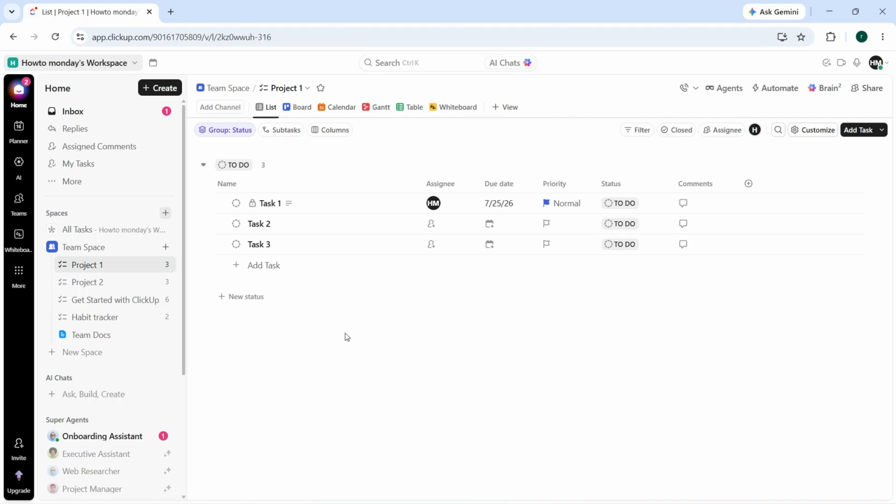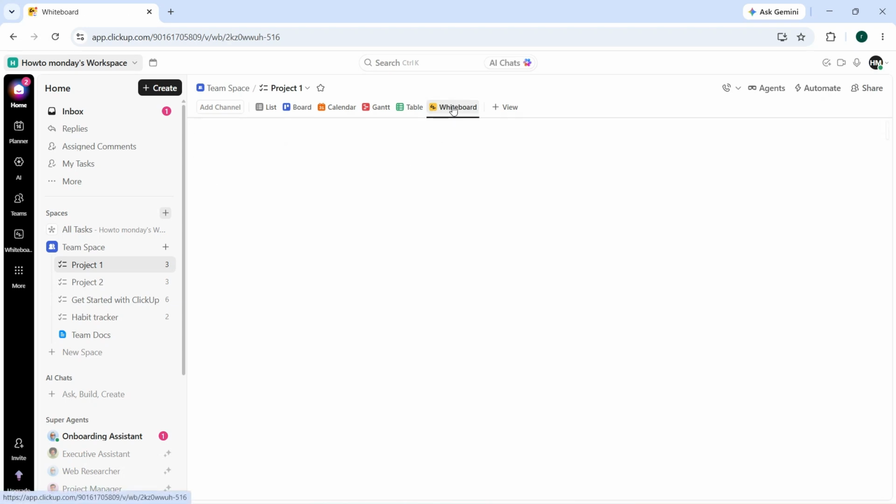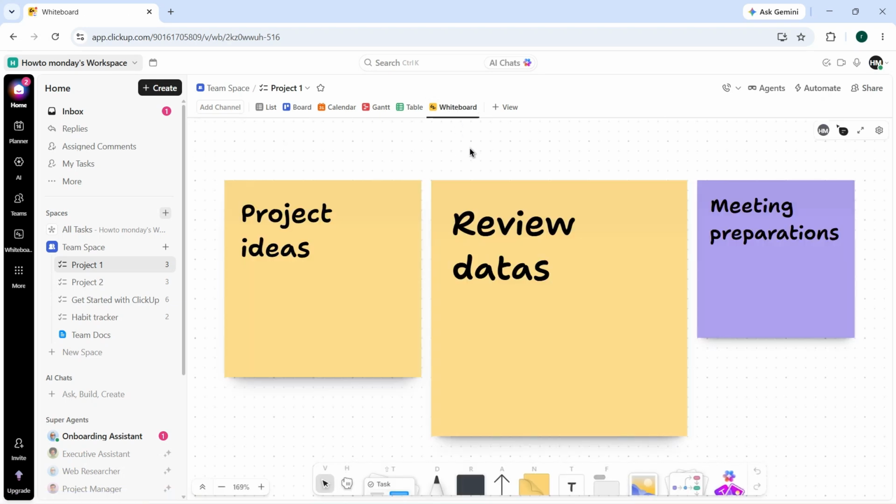In this video, I'll show you how to resize whiteboard elements in ClickUp. To get started, open the whiteboard that contains the element you want to resize. Resizing elements in a whiteboard allows you to organize your workspace, emphasize important ideas, and create layouts that are easier